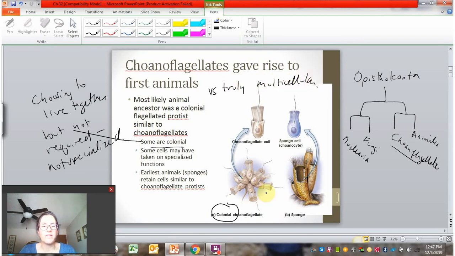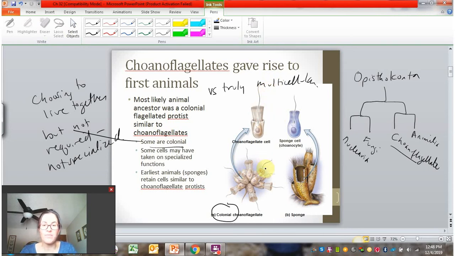So in colonies, again, organisms are maybe living together and they may even be benefiting by living together. They may be sharing resources or helping each other out, but they're not specialized in the sense that they are not able to give up functions. They haven't lost the ability to do things, and are not fully requiring the other cells. Whereas in truly multicellular organisms, cells become specialized and have specific functions, and they require other cells to carry out